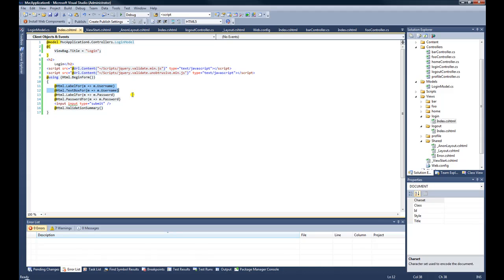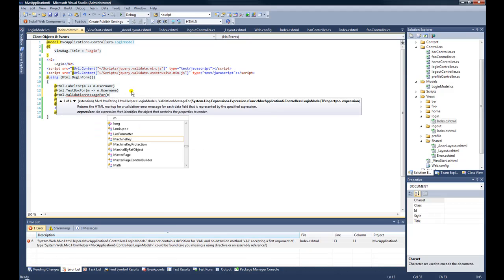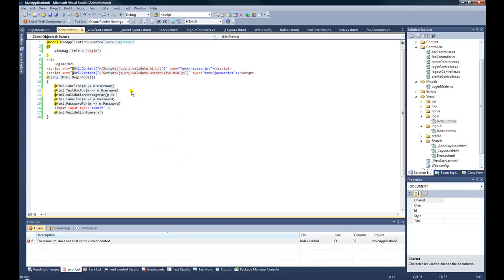And then we have these HTML helpers down here that actually build the labels and text boxes and passwords for this model, the login model. And it uses lambda expressions as a nice, convenient, clean shortcut way. We manually entered the HTML for the submit button, and then we place this HTML helper ValidationSummary. We could have opted to also put down here the Html.ValidationMessageFor, let's say m.UserName,